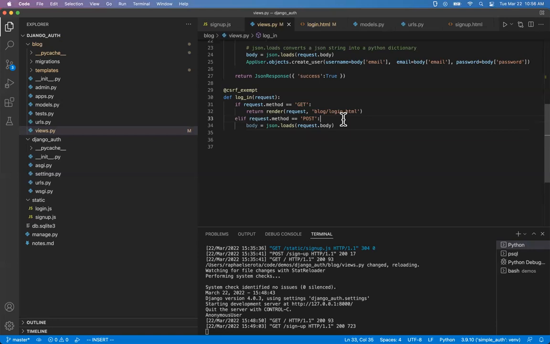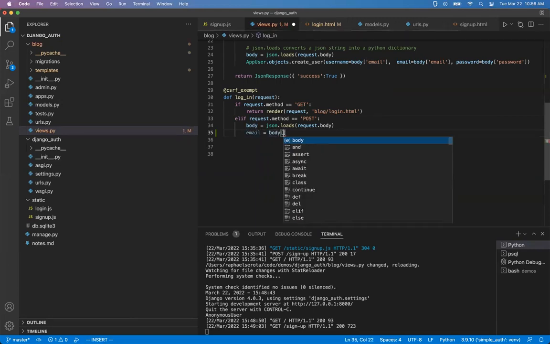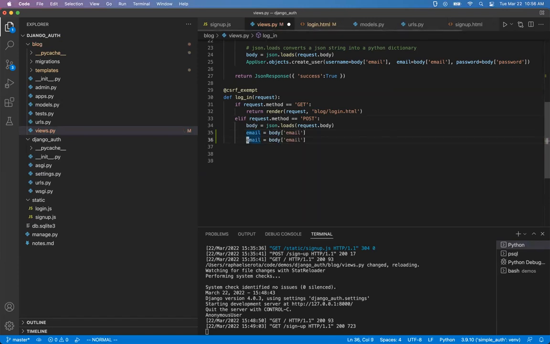Okay, so we're dealing with logins now. We know a GET request just sends the login HTML page. For a POST request, I'm going to parse the body and then pick some pieces off of that. Get email. So there's our email and password, just plucked off the body. And then,